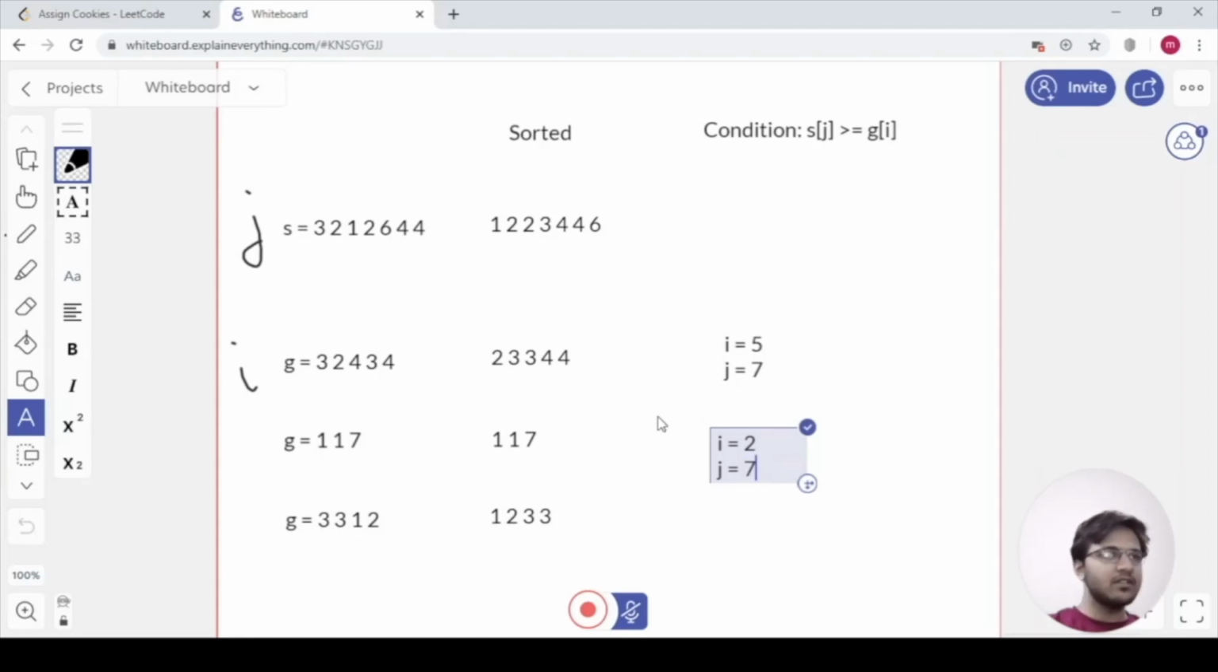And because we have reached the end of the size array, the maximum answer will be 2. That is, only 2 children will get the cookies. One child won't get a cookie. For this example here,